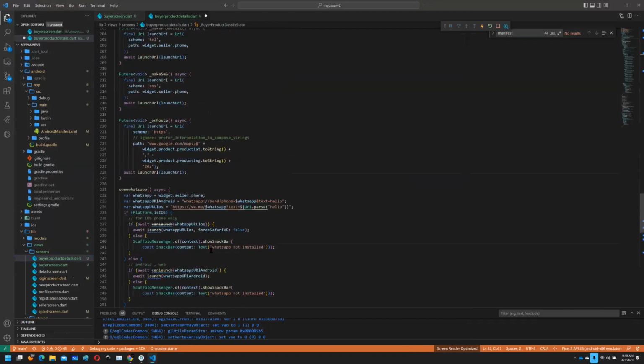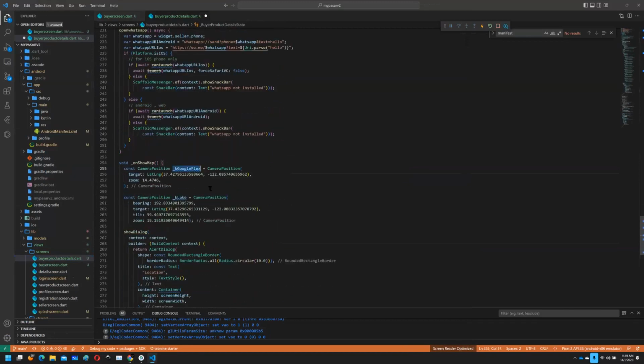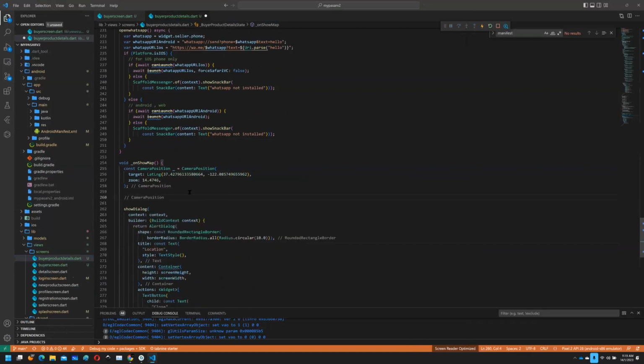And then what else do I need? Okay, this one is not Googleplex. So we can just define a camera position. There are two camera positions here, so I'm going to use only one. This one contains more information, with tilt information. Let's see, I'm just going to choose one. Okay, so let's say cam position. And then the latitude and longitude information, we can get this